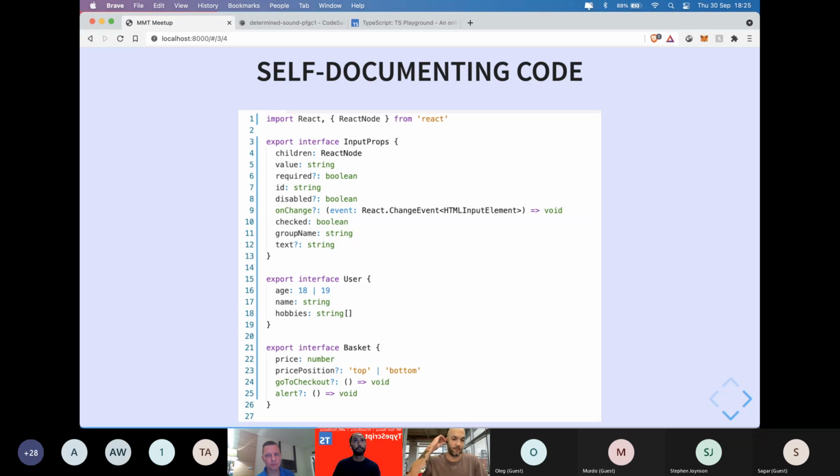And if we define the types of the parameters in our function, and also the return type of the function, we can write really semantic code, not just for us, but also for our colleagues. So it is a really good way of documenting your code as you write it.